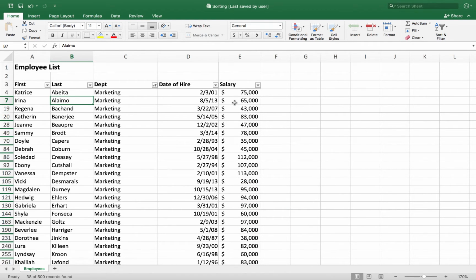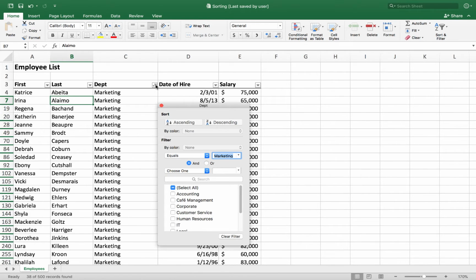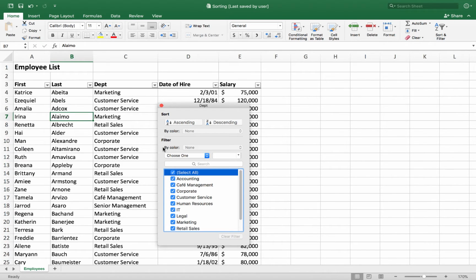Okay, in this case I'm filtering on the department column, and you can see there's a little icon at the top of that column. That funnel icon is a visual cue that I'm filtering. So I can click on the drop down there again, and if I want to get back to everybody here, I'm going to just turn on the Select All checkbox again. Okay, and close out of here.